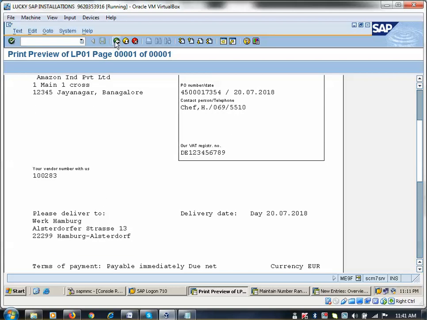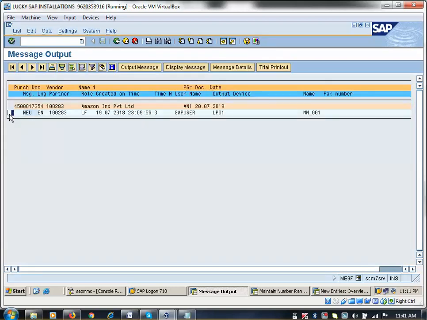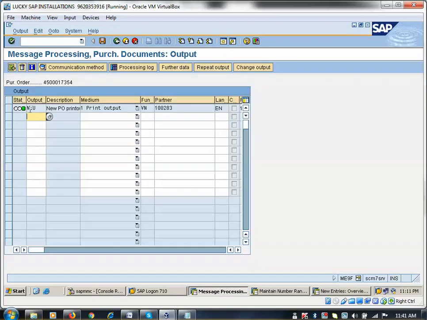Okay, so now I am going to send this one. Before sending it will be blank. After sending, here it will become a green line. Now go to message details. You can see prior to sending it is yellow color, after sending green color. This confirms the material PO was sent to the vendor in the format of email, print or fax. Okay, so now I am coming back here.